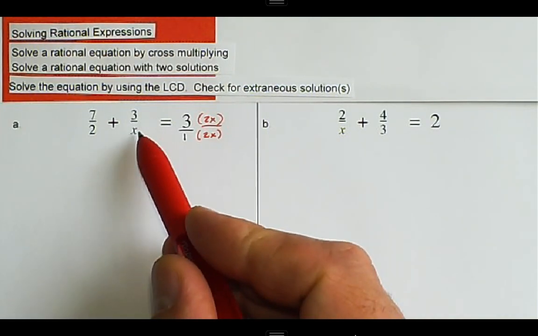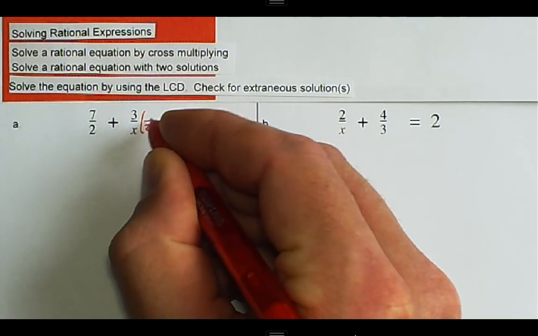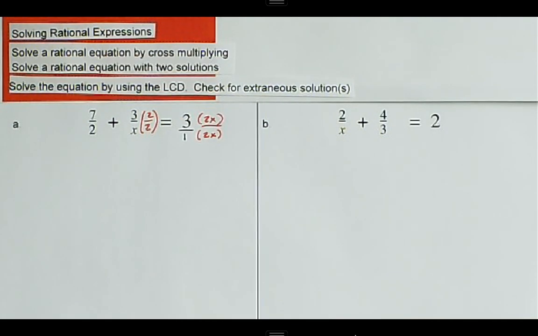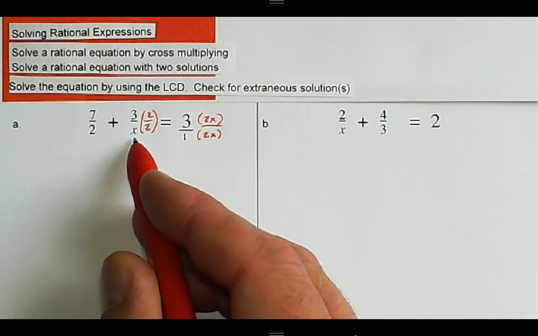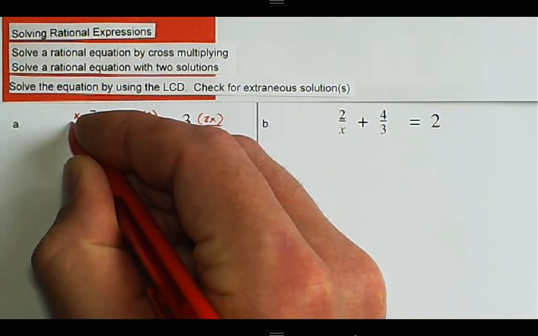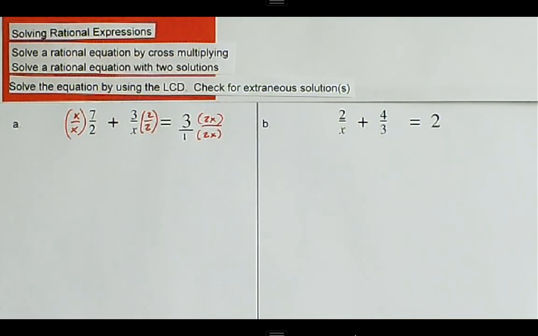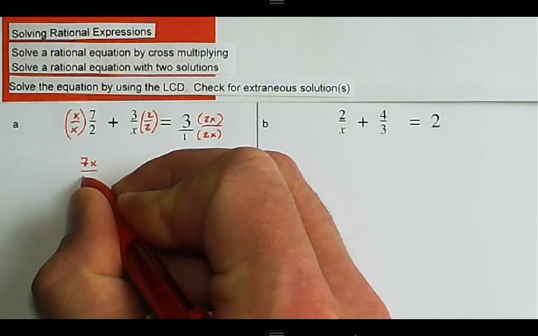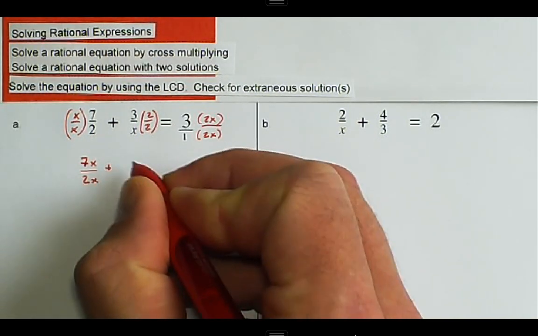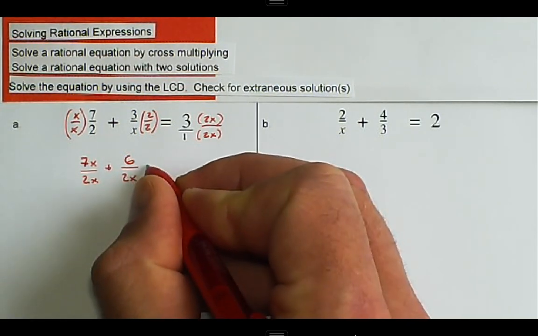Now, we already have an x in the denominator here, so we only have to add a 2, and we're going to get that by multiplying by 2 over 2. And then over here, we already have the 2. We're missing the x, so we're going to have to multiply by x over x. So we go through and we do that multiplication, and we get 7x over 2x plus 6 over 2x is equal to